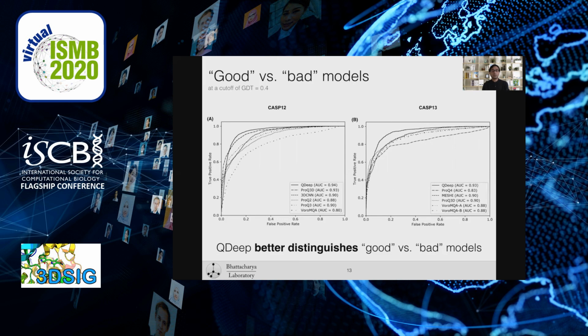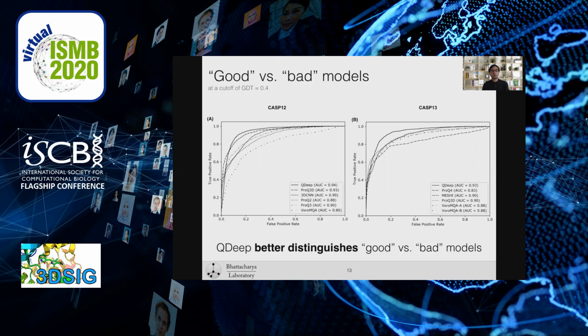One of the other things that quality estimation methods require is the ability to distinguish between good and bad models. We could use a cutoff of GDT score of 0.4 to distinguish between good and bad models. And then we looked at the ability of QDeep as well as other state-of-the-art quality estimation methods to distinguish between good and bad models.